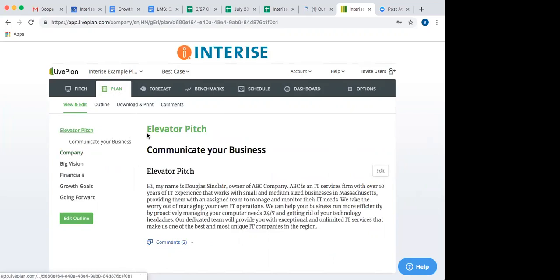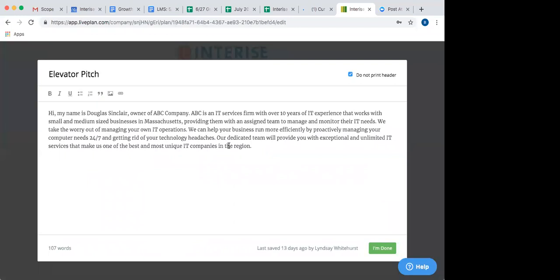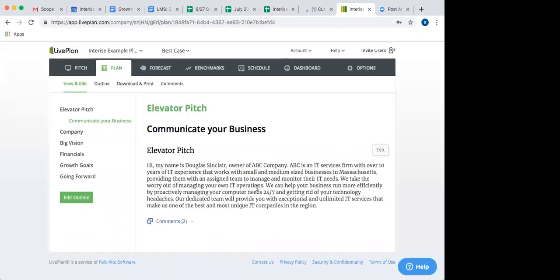Before I move forward, I just want to show kind of how easy it is to update these sections. So if you're on the elevator pitch tab and you've found some new fun way to pitch or present your business, and you want to make some updates, you can come over to this quick edit button and hit that, and it's going to pop up a block that you can type into, just as if you were typing an email. So you can just make changes immediately. You have some control over formatting up here, adding imagery, hyperlinking, etc. And when you're done, you just click done, and it's going to show right here.